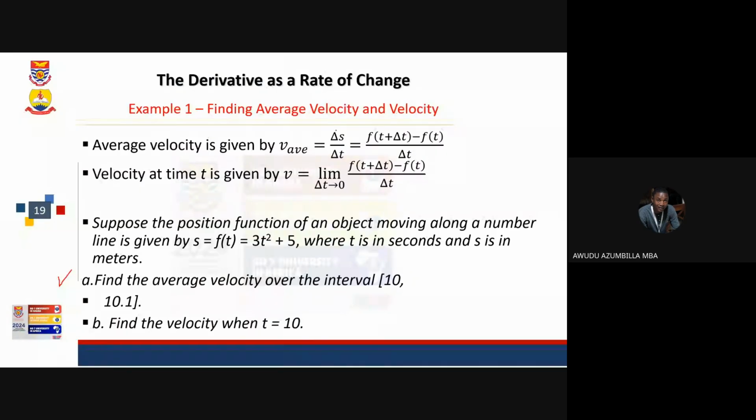Here we are given change in S over change in T. It's the same as change in Y over change in X. We are looking at the changes, the distance that you have to use time to cover. And we define it as f of T plus change in T minus f of T, all over change in T. The change in T here is T1 minus T2,